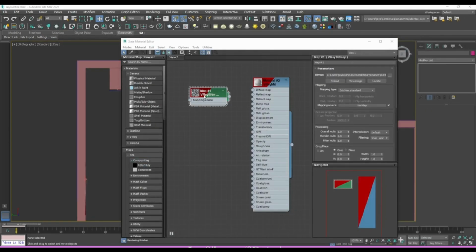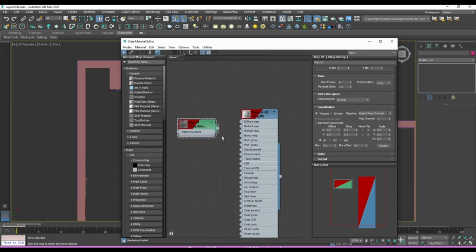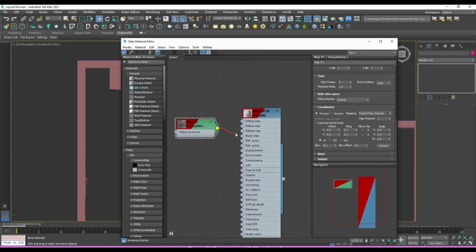So if you put that in, and if you go to your settings down below and set the blur to 0.1, and for the tiling we're just going to put it at 0.1. Now we'll probably end up messing around with this shortly, but for the moment we don't need to. So if you put this on your flat gloss